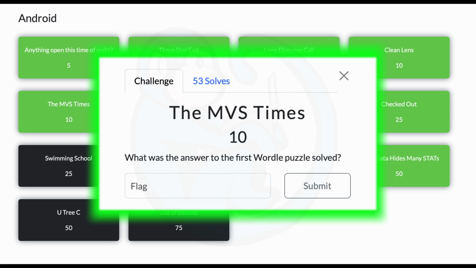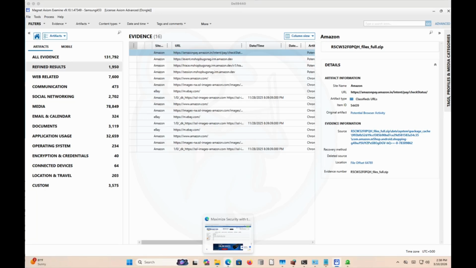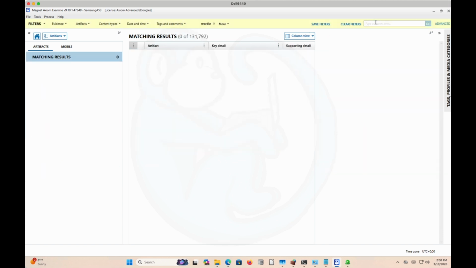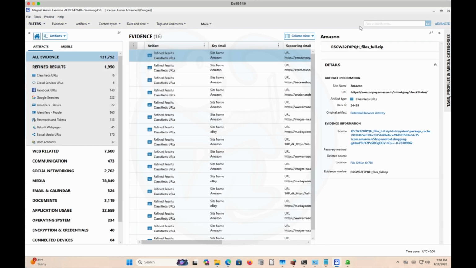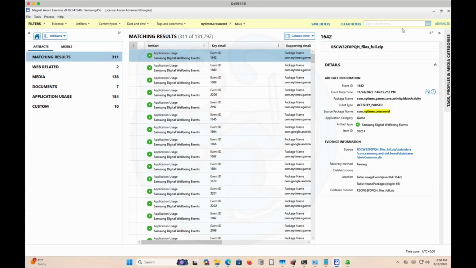Question 5. The MVS Times. What was the answer to the first Wordle puzzle solved? So first guess is that it has to be in the database for the Wordle app. So let's find out where the Wordle app is located. Searching for the term Wordle gets no results. After a quick Google search, it turns out that Wordle is played with the New York Times app. So I started searching for the NY Times. And then finding the app location under